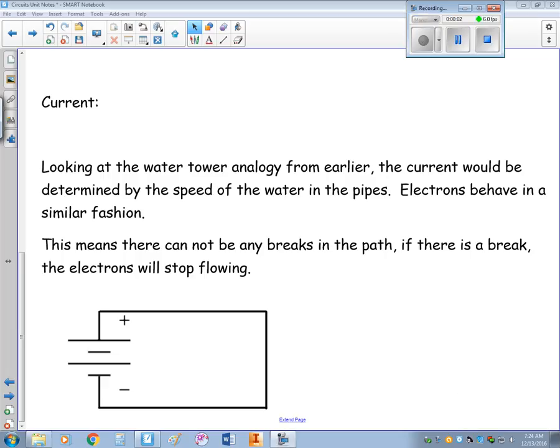This is video 2 for the circuits unit. Let's start by talking about current. And let's go back to our reservoir example. So let's say I have a reservoir,